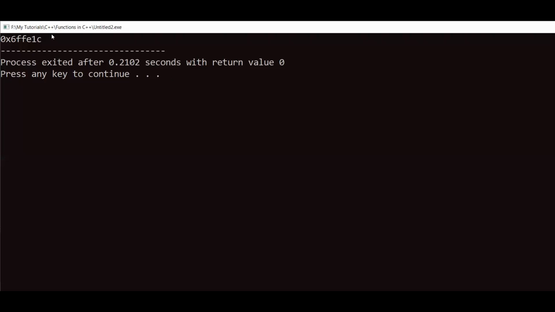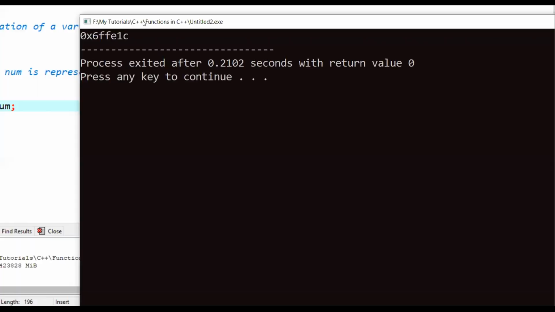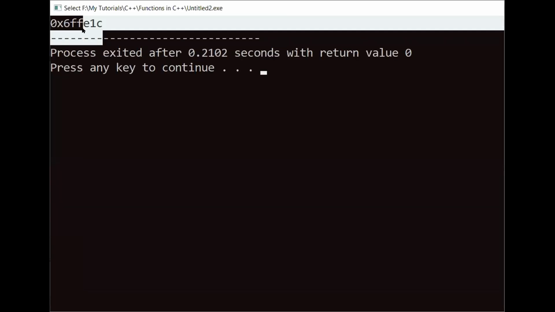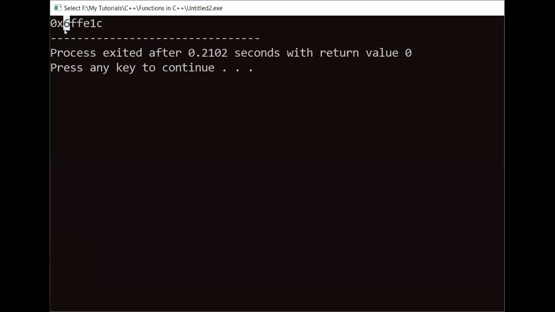Yeah, check here, we get a hexadecimal value here as an address of num. How do we know it is a hexadecimal value? Because this address is prefixed with 0 and x. Okay, that thing I've explained in our first lecture. What is the meaning of this 0 and x? Okay, so now go back to this demonstration again.